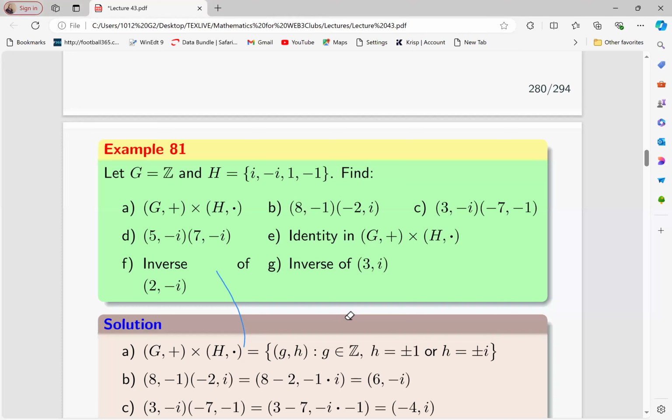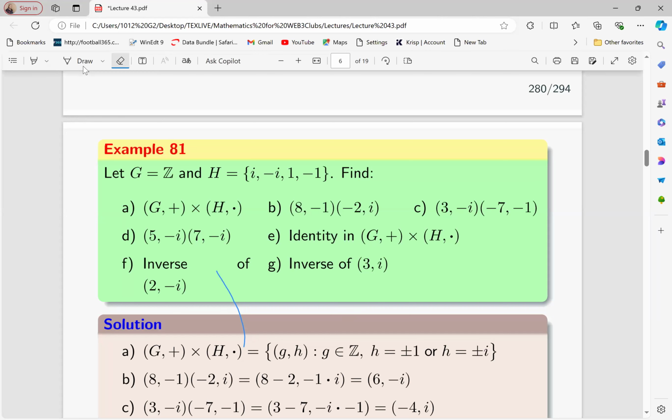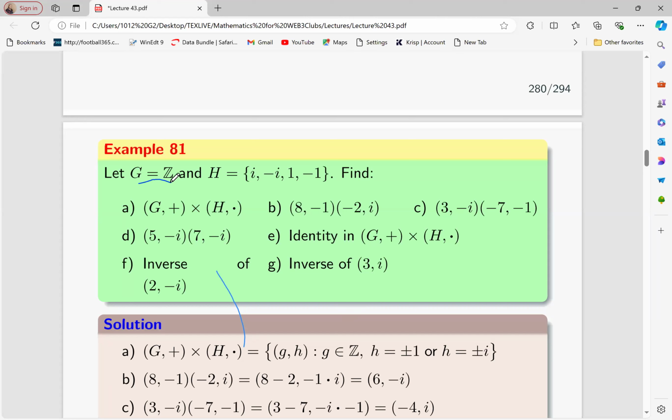Now, this other example is not complicated. It's just as easy as the ones we've done. You have this group, which is a group of integers, just a set of integers. And then we have this other set, these are complex numbers. And then we are asked to find